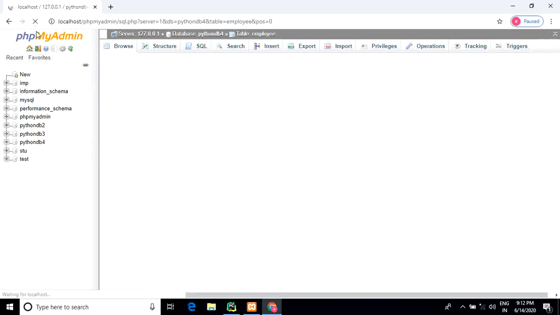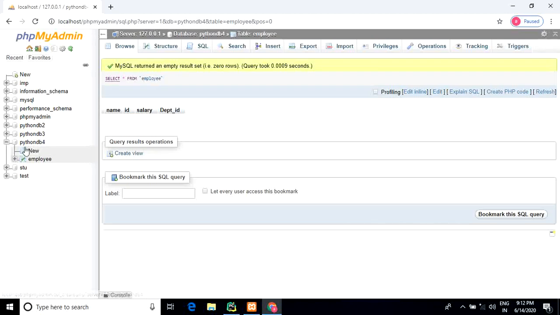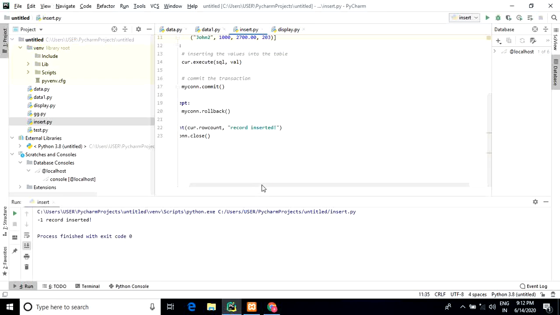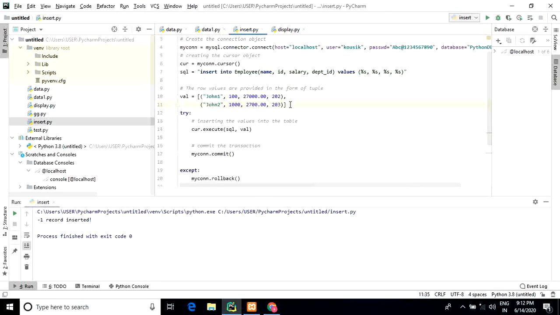Wait for a minute. I think one row will be inserted. Wait for a minute. Just change it into one value first.